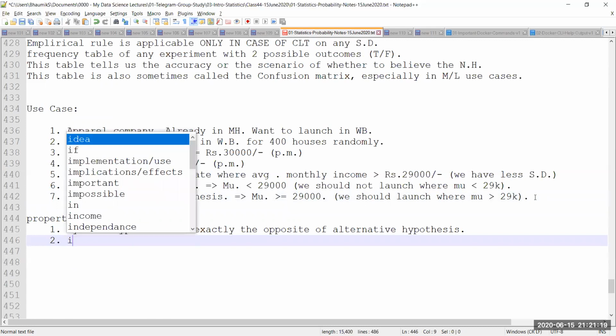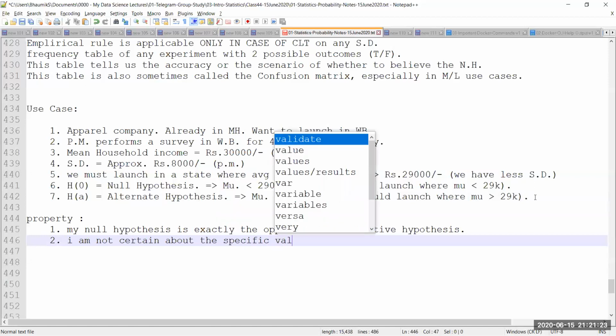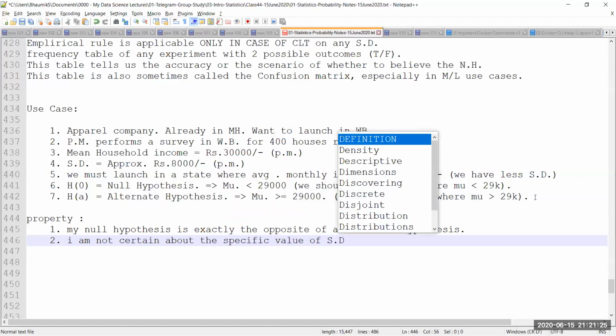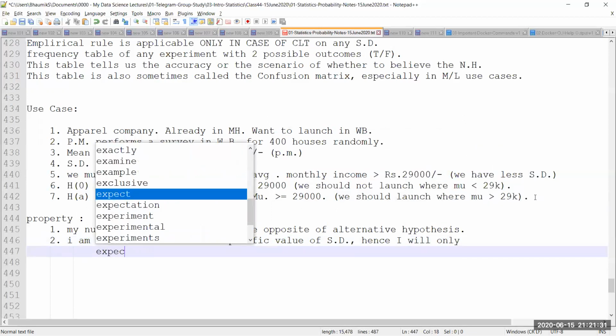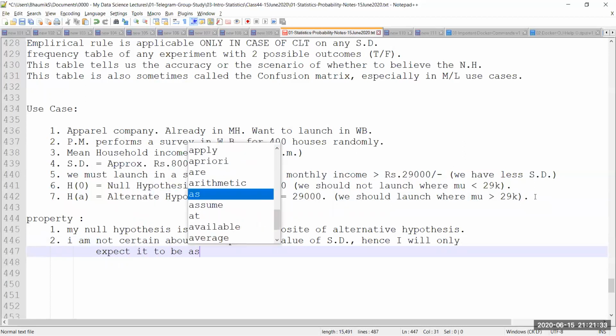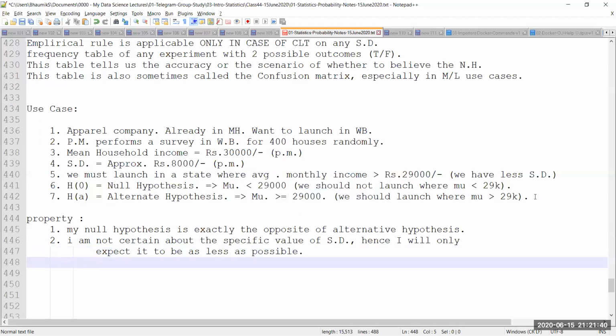The second thing is I am not certain about the specific value of standard deviation. Hence, I will only expect it to be as little as possible. Okay, I'm not going to make any assumptions when it comes to standard deviation. Standard deviation is not a thing to play around with. I do not